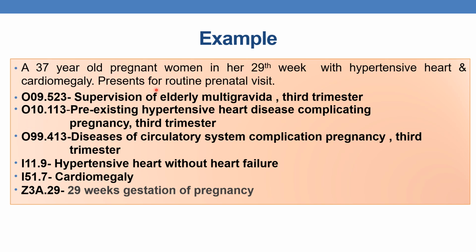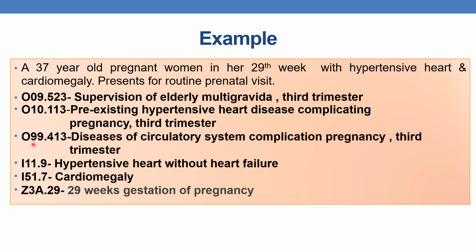And patient is suffering with hypertensive heart and cardiomegaly. Hypertensive heart without heart failure. The condition is cardiomegaly. So the code is O10.113, pre-existing hypertensive heart disease complicating pregnancy, third trimester. Additionally,